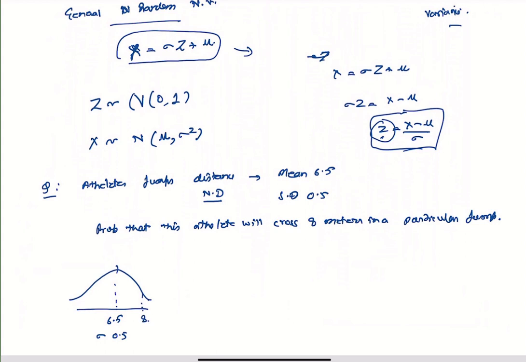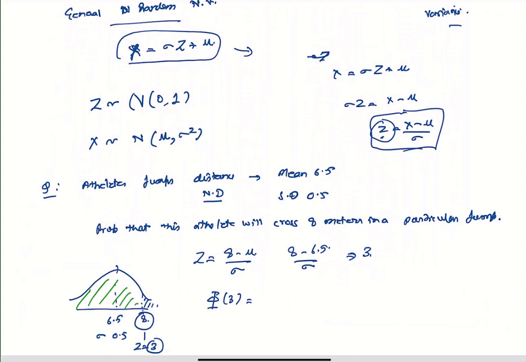We want to know the area here, but how do I calculate the area here? To calculate it, I need to convert this into a standard normal variable, z, which is going to be 8 minus mu upon sigma, which is 8 minus 6.5 upon sigma, which is 3. So now we know that z of this is 3, and we want to know this. So phi of 3 is just going to give me this area,